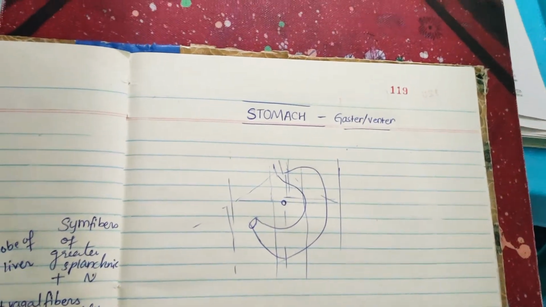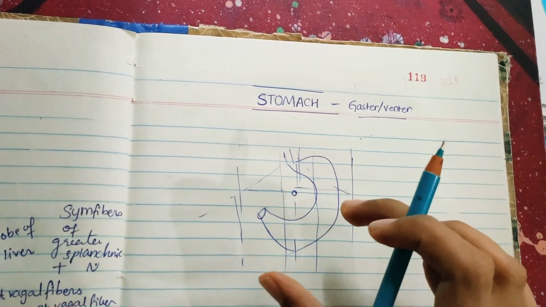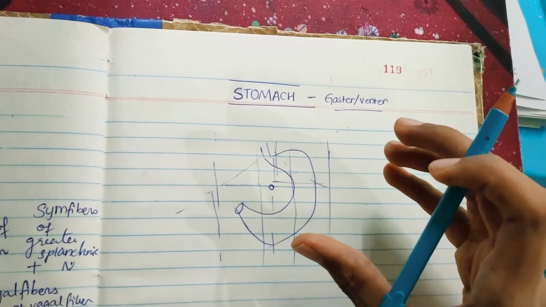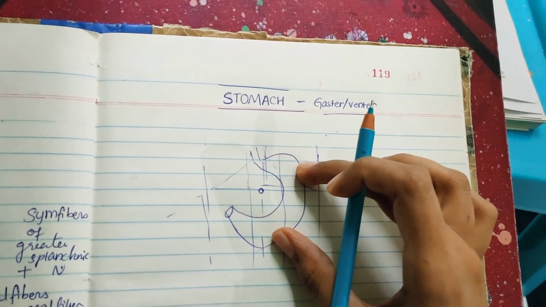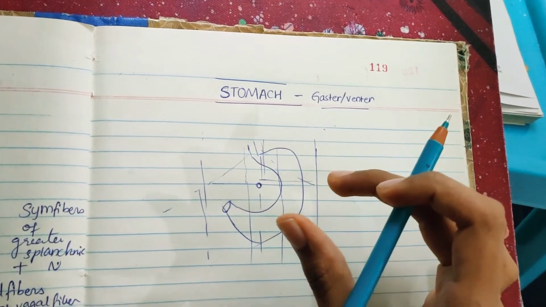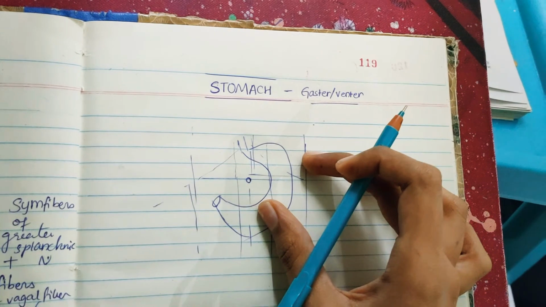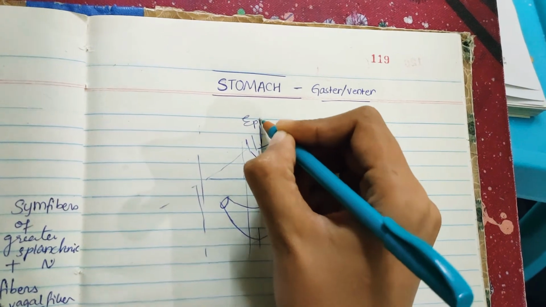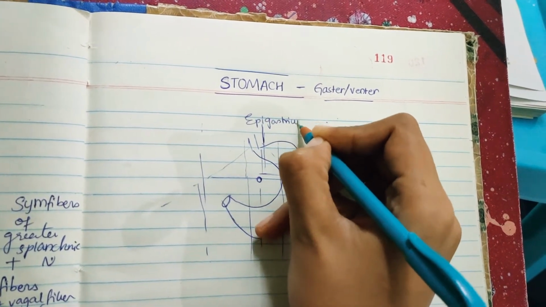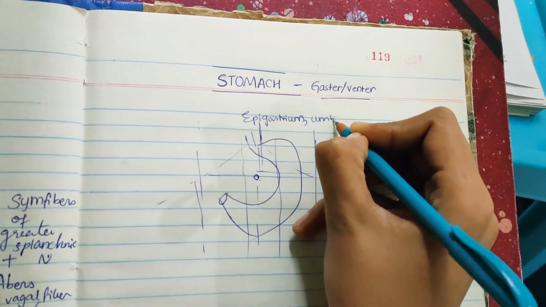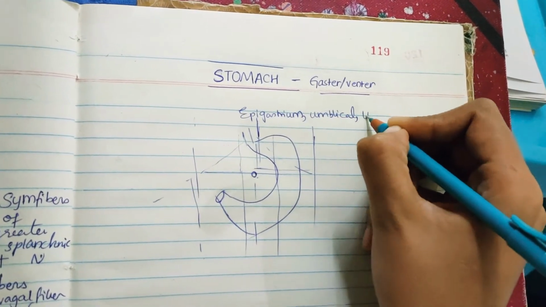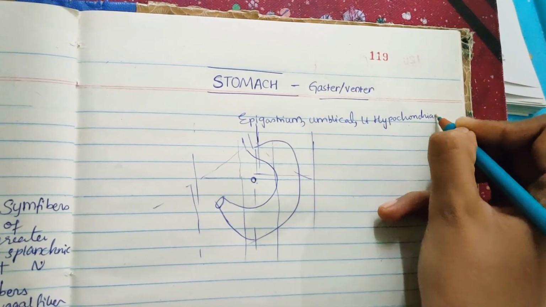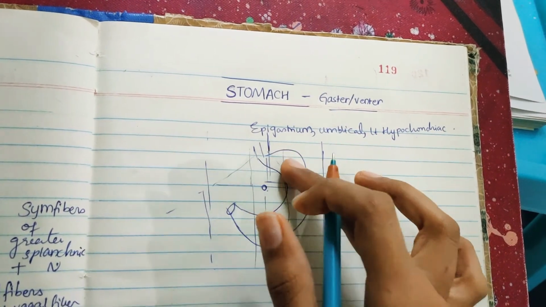Okay, so stomach is actually called as gastromeninter, and it is a muscular bag. It's the widest and most distensible part of the digestive tube, right? So stomach is lying obliquely in upper and left part of the abdomen. So it mainly occupies the epigastric region. This is epigastrium. So it occupies the epigastrium, even the umbilical region, and also a left hypochondriac region, and most of it is under the cover of costal margin and ribs.